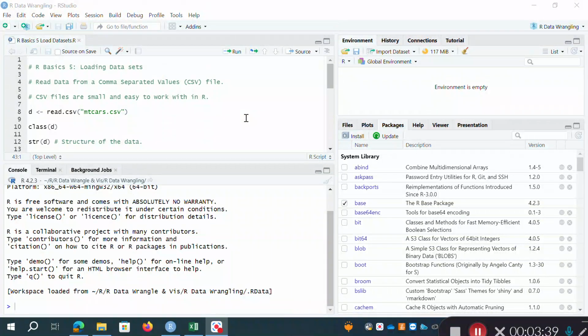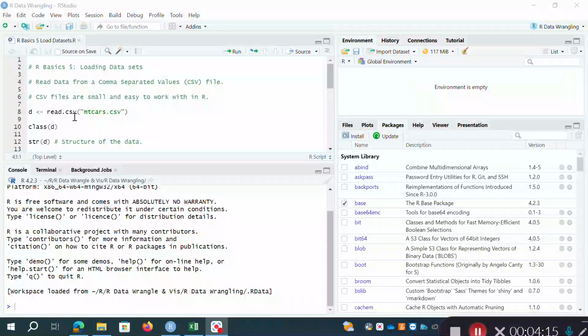Okay, so let me start with this. If you look at line 8 here, I'm creating a new object called d, for data frame, and I'm using the assignment operator. That's the less than minus sign, that backwards pointing arrow that's used as an assignment operator in R. So I'm creating this object using the assignment operator, and what I'm assigning to that object is all the details here, this syntax on the right. So I'm using this command of